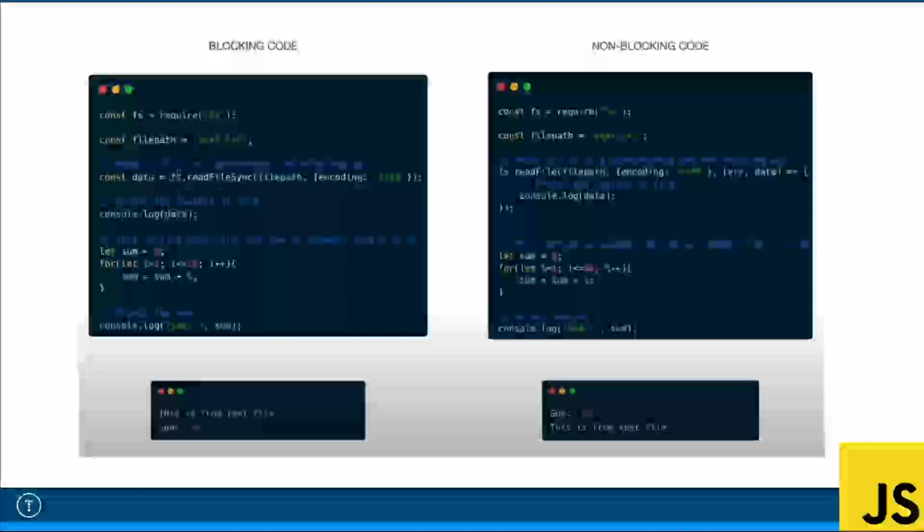So we have to wait until this finishes, right? We have to wait until we get the data from the file and put it in this variable before we can move on. Once that's done, then we log the data from the file, and then this for loop is just calculating the numbers from 1 to 10, calculating the sum, and then console logging it. So what we get as a result is the text from the file first, right? Because we pause and wait for the data to be read, console log the data,